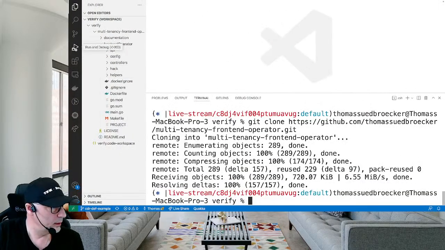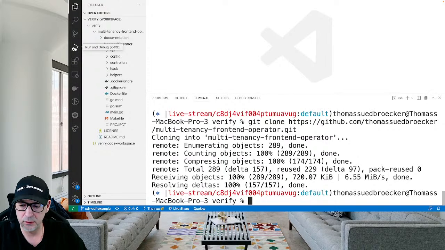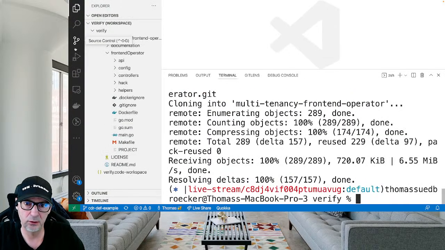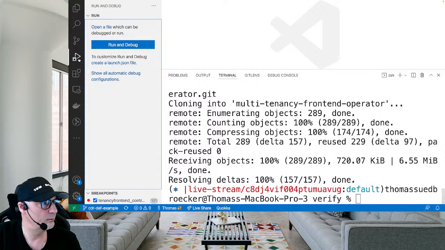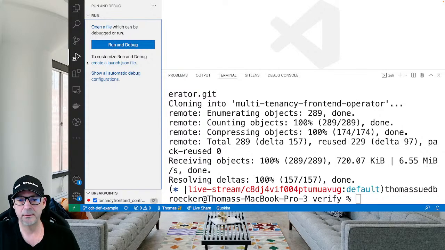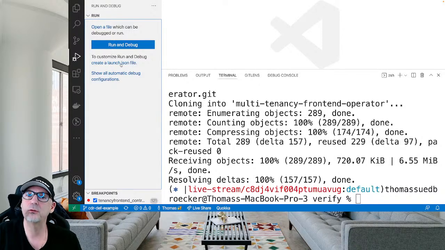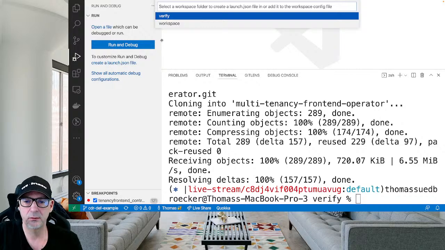So what you do, first of all, if you do not already know it, make it a little bit bigger. We can directly go to the debug, with that here. So you can see here we can go to debug, and when your workspace is not already set up, you will create a launch JSON configuration. To do that, now we do that here for